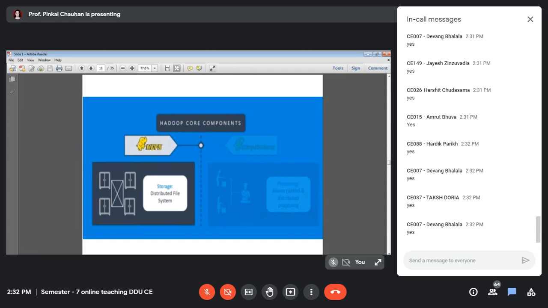We are just talking about the internal part, right? How it actually works, because without knowing it, we cannot deal with it properly, right? So we started with HDFS. We were talking about HDFS in the last class, right? So let's just continue with HDFS.